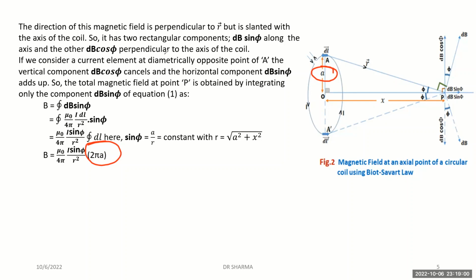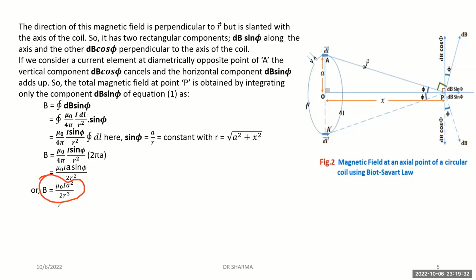Now by simplifying you get the result mu naught I a sin phi upon 2r square. Again substituting the value of sin phi equal to a by r, you get mu naught I a square upon 2r cube. And this expression